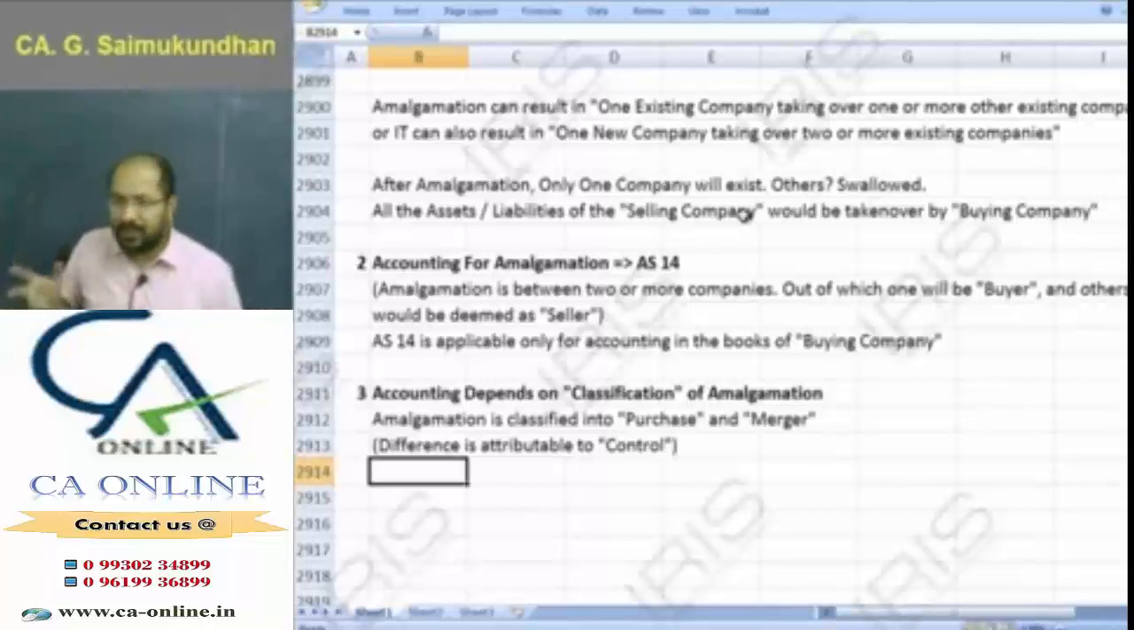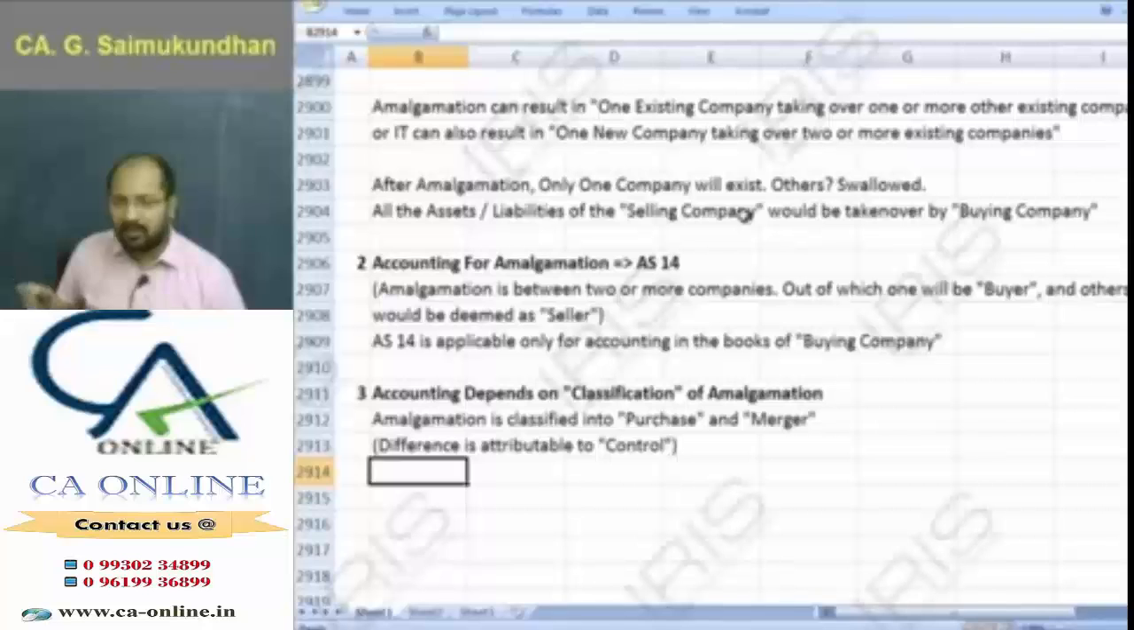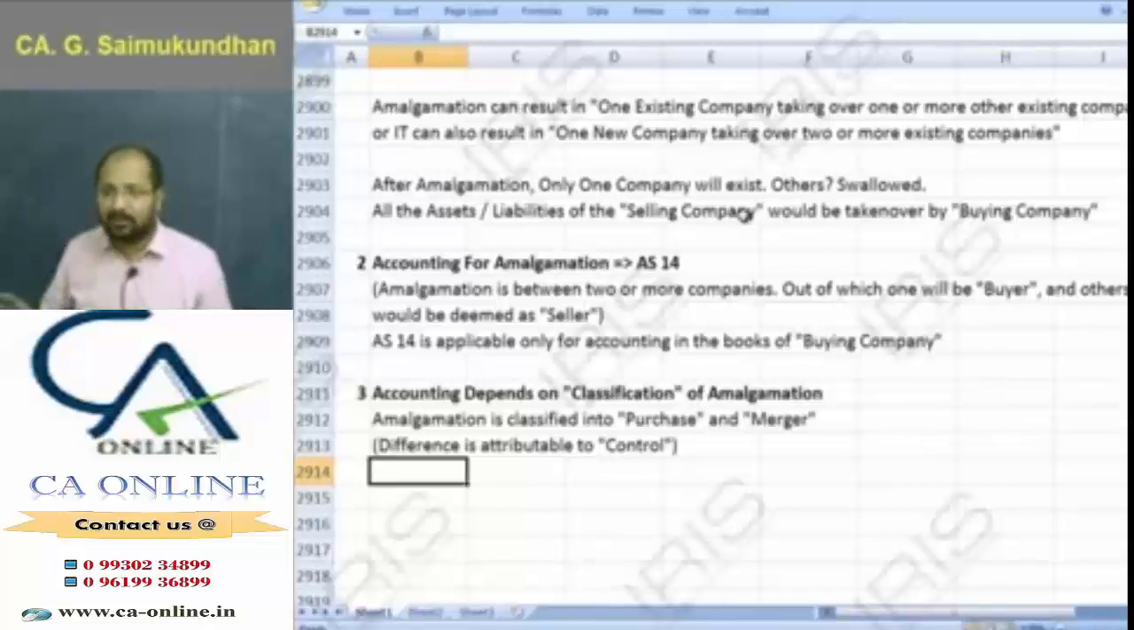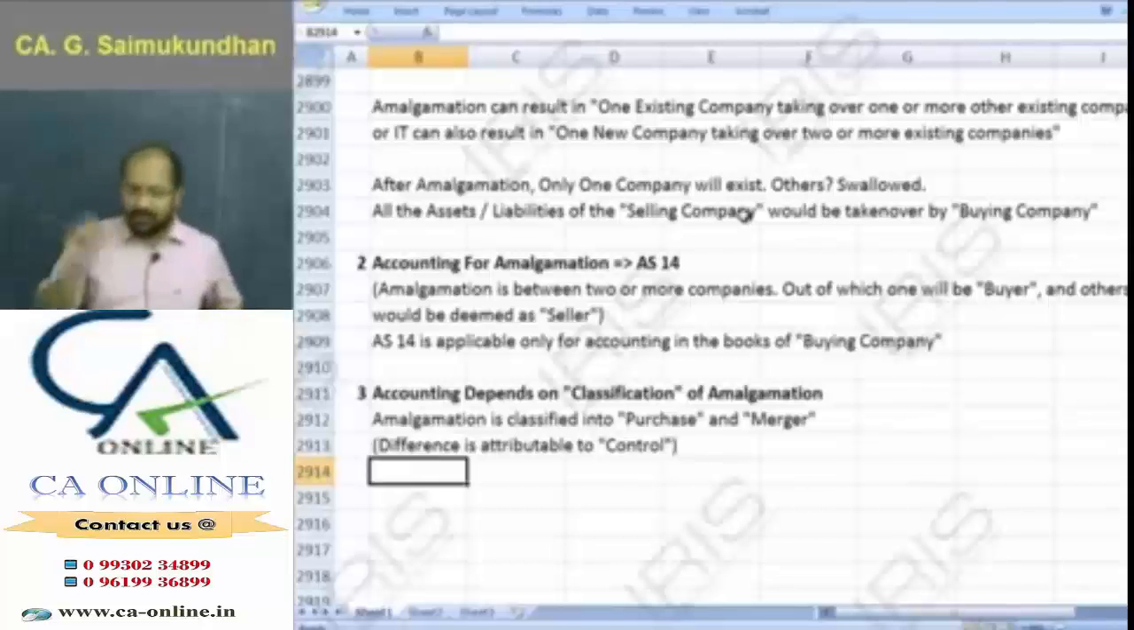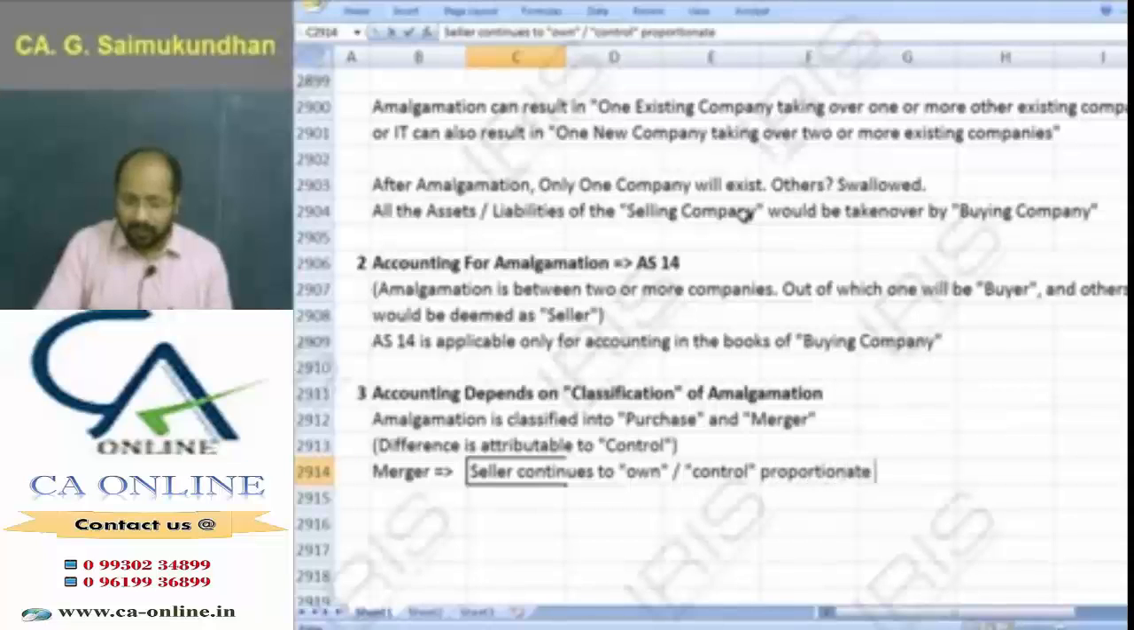After that, we will be having some 5 conditions, and all your life you will always remember these five conditions as the sole determinant of what exactly is merger or purchase. But before we get polluted by those 5 conditions, we'll focus on the concept alone. What's the concept, guys? The difference is control. So technically, in a merger, the seller continues to own or control a proportionate share in the combined net